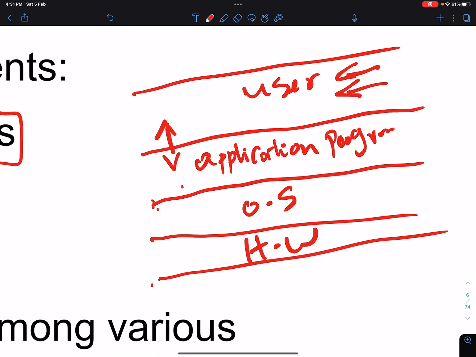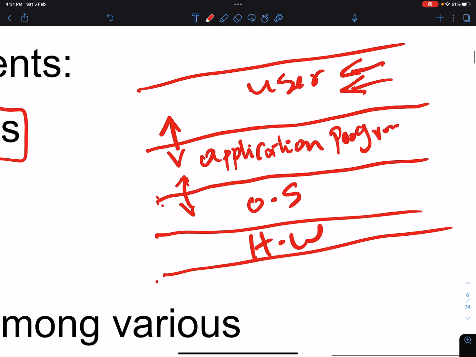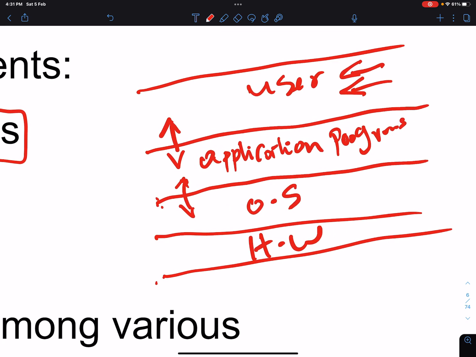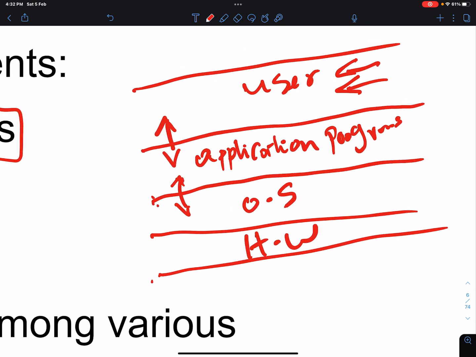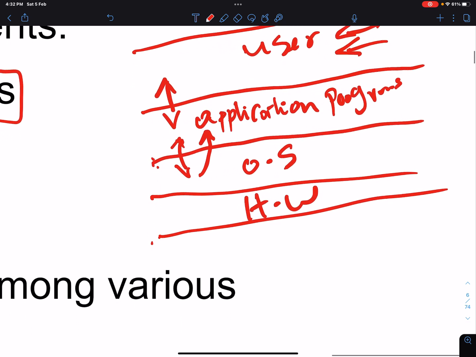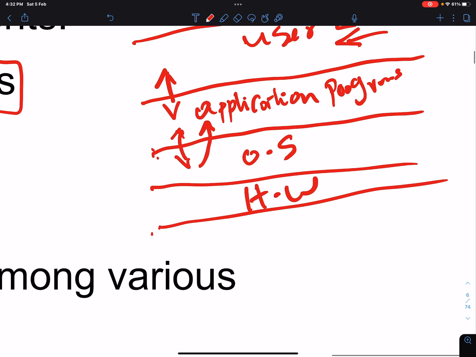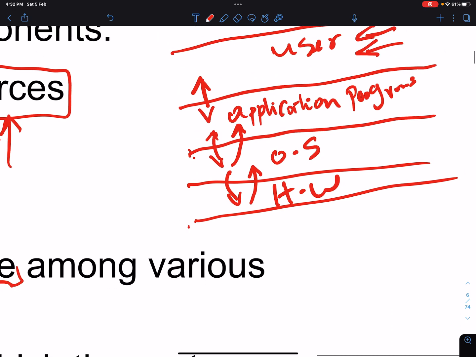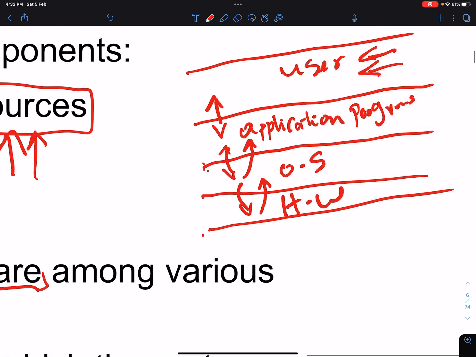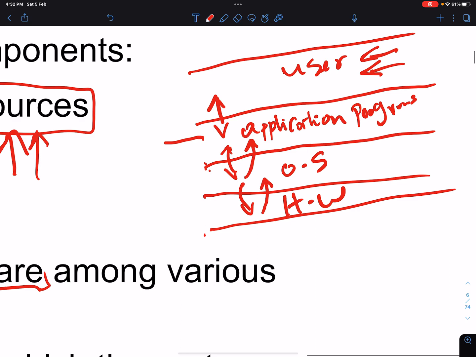Same with the application program: the application programs deal with the operating system as a client-server kind of thing. So the application programs literally ask the operating system for service, and the operating system responds back. And here the operating system controls the hardware, and the hardware responds back to the command of the operating system. And you should not find a direct relation this way.